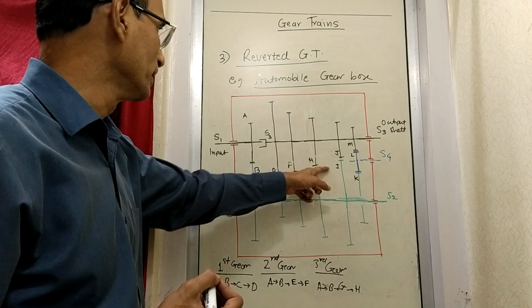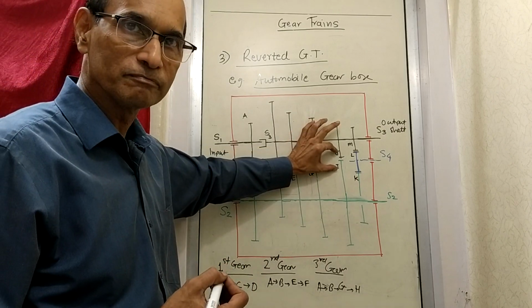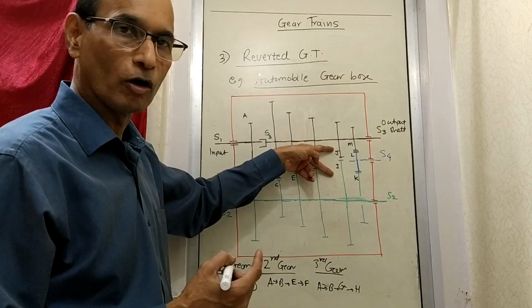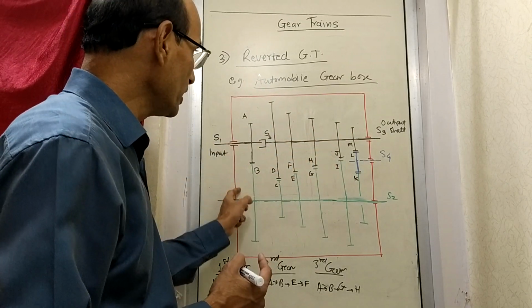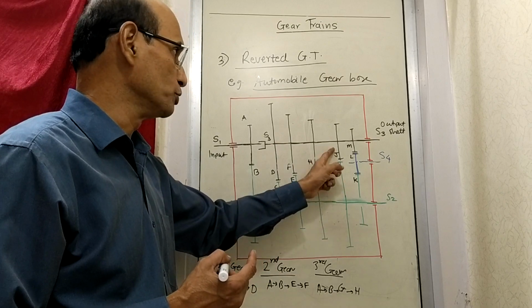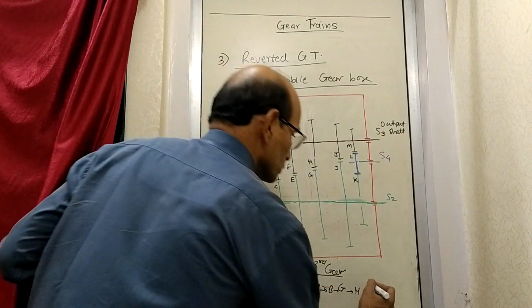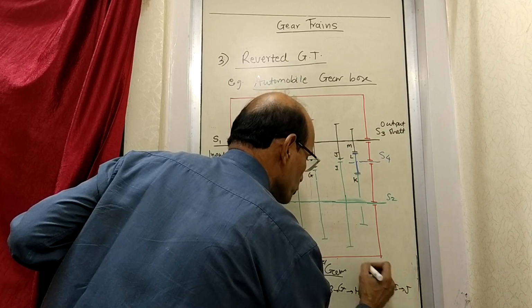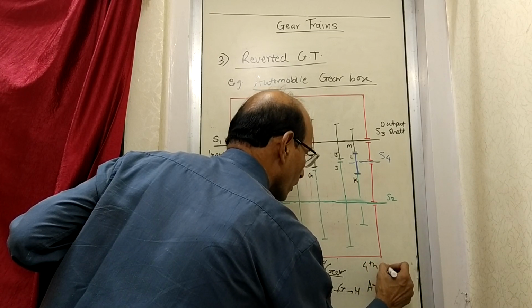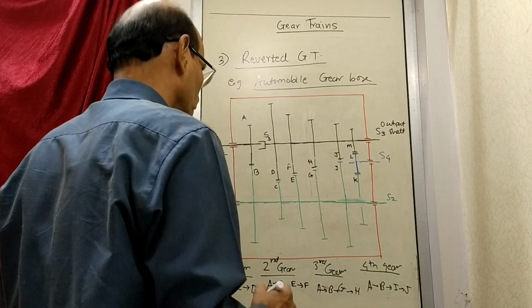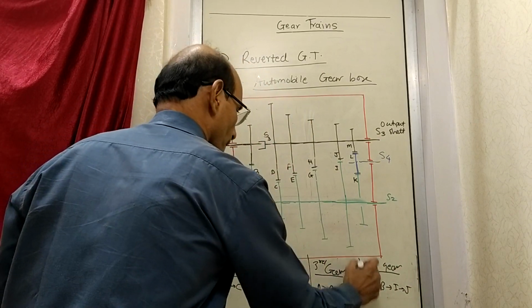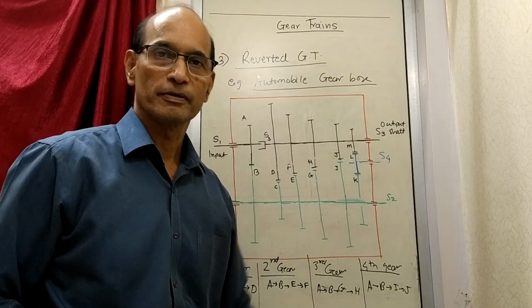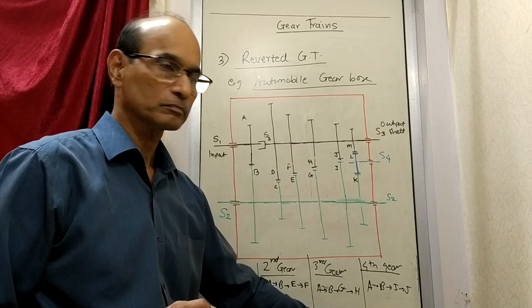So on the same lines, fourth gear: now this will come in contact. Others are broken. Broken means the contact is broken, and this is brought in contact. So now A to B, B to I, I to J, and then out. This is fourth gear. A to B, B to I, I to J, different speed, higher speed, fourth gear.